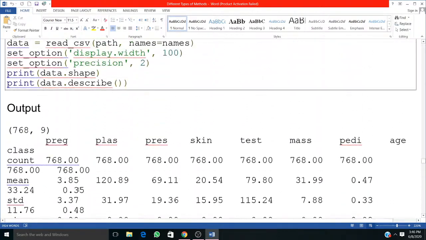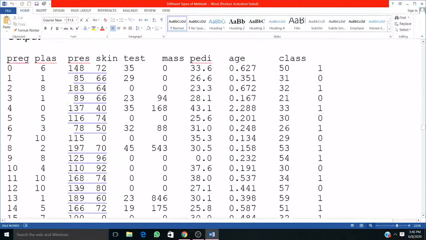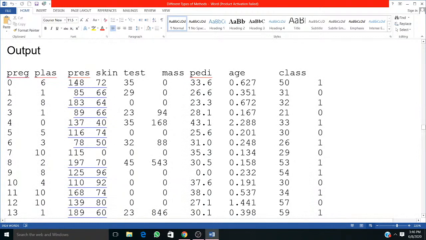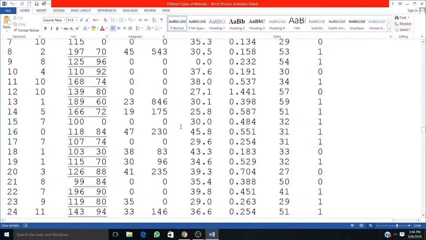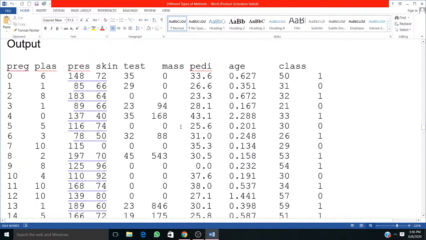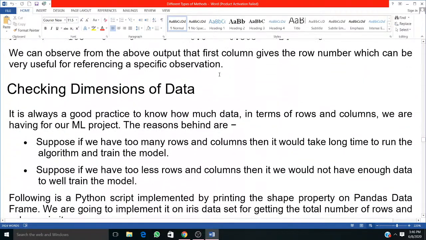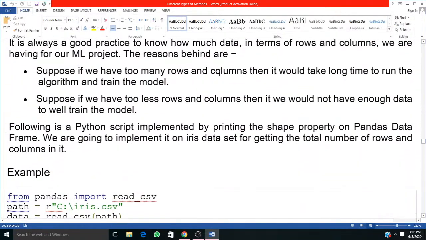Let's check the Pima data. Do you remember? Preg, plas, pres, skin, test, mass, pedi, age, class. Can you see the whole data and how it is laid out? Why am I taking a medical data? Why not any different type of data? That's important to understand. The medical data